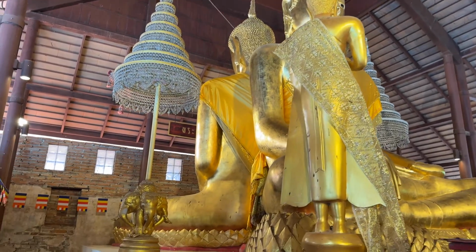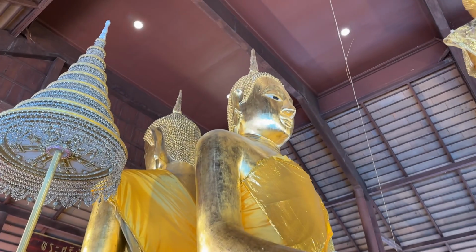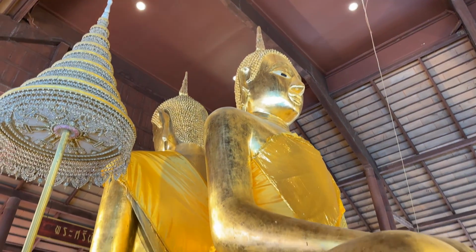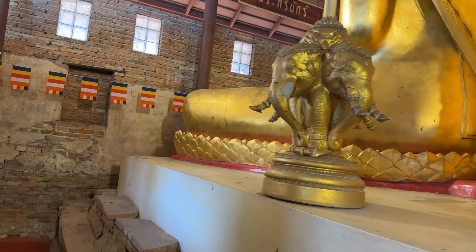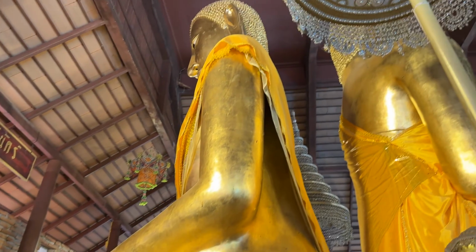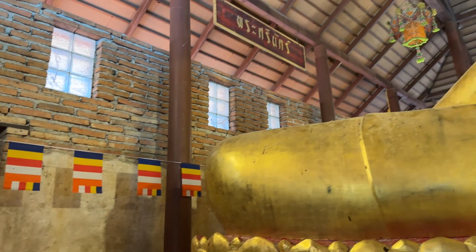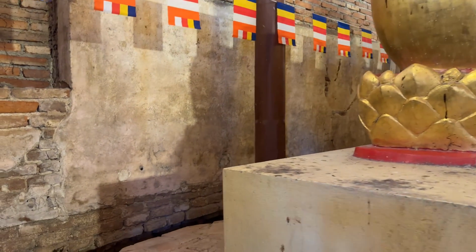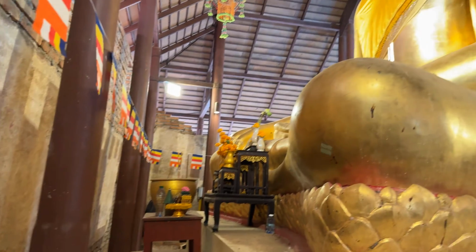This is really a nice little display of the Buddhas. I mean, they are just absolutely huge. And there's 2 of them back to back, and you just don't see that anywhere. It's pretty unique. This was the first place I ever saw the back-to-back Buddhas like this. Yeah, that's really cool. And then you could see this would have originally opened up back to the prang, but